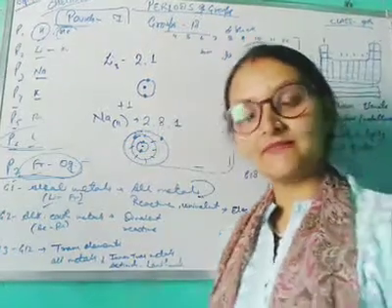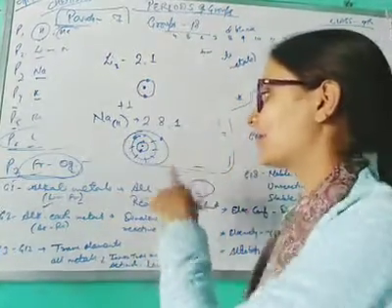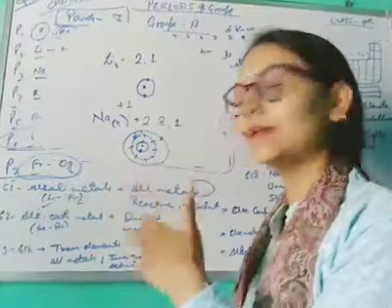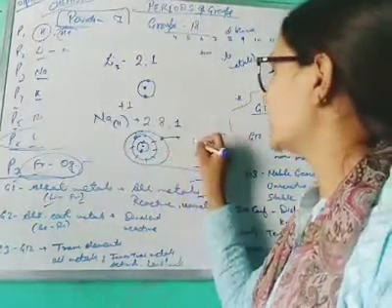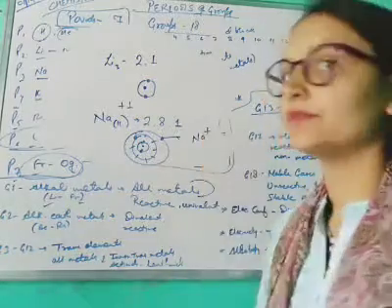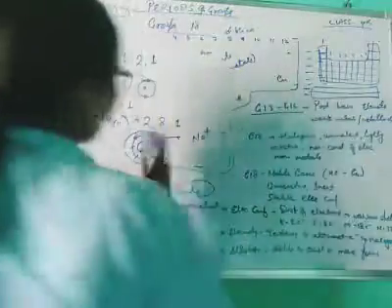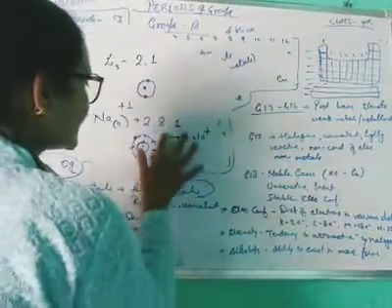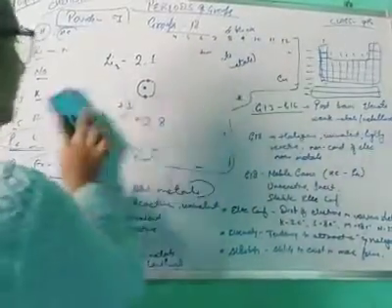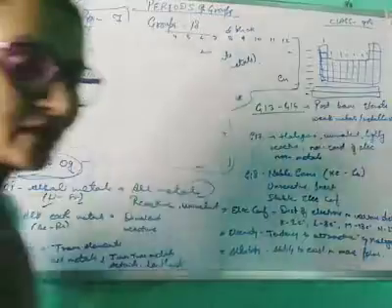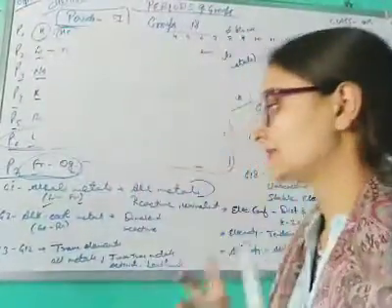Sodium cannot gain 7 electrons. It's not possible for it. But it can lose its 1 electron. If it gives its 1 electron, that's why sodium becomes Na positive. That's why it becomes a cation. So it will lose its electron and will become stabilized at 2, 8. So that's why they are called electropositive elements, which have a tendency to lose electrons. That is called electropositive.